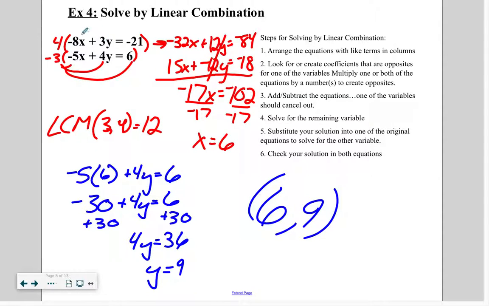Let's double check that in the top equation. Negative 8 times 6 is negative 48. Plus 3 times 9 is 27. Add those together, you do get negative 21. Checkmate. All right. So those are some examples of linear combinations. If you want some more examples, you can look at